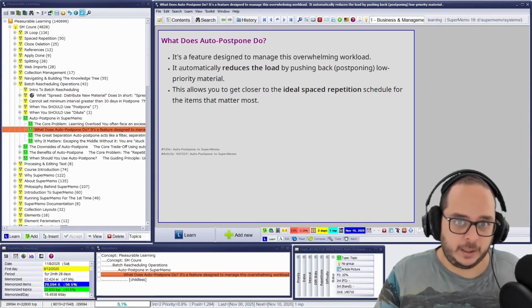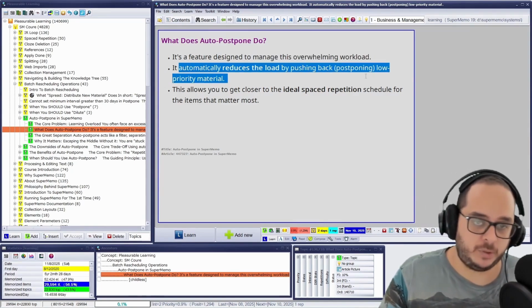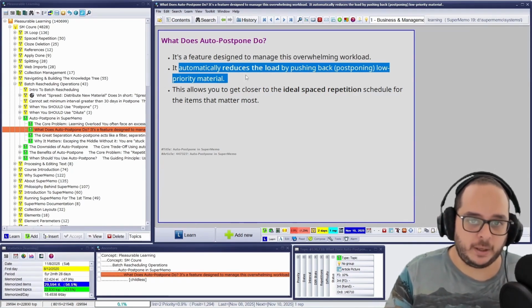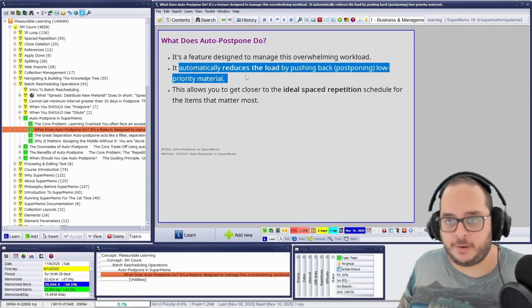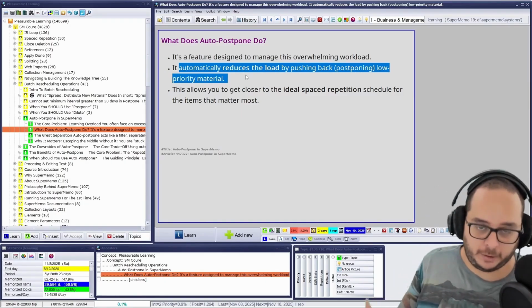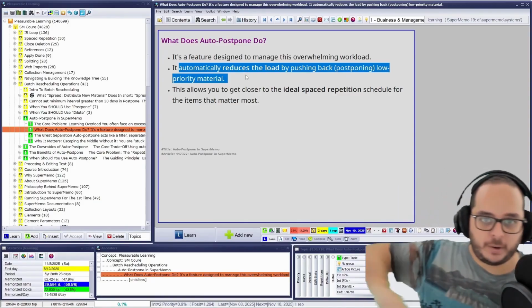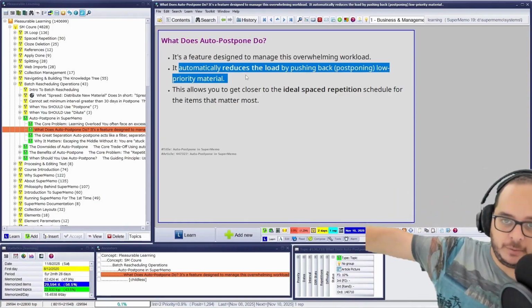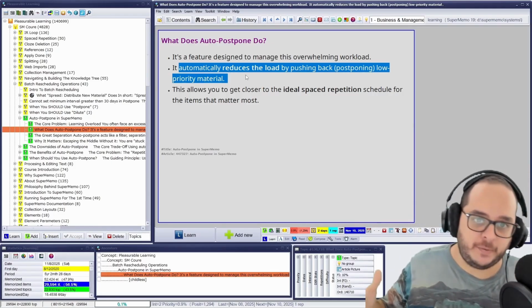It automatically reduces the load by pushing back, postponing, low priority material. Well, yes and no. Because there are some criteria, and the criteria of the priority can be ignored. Usually it's meant for pushing lower priority material to the future and spending time on the higher priority. It's meant for that.